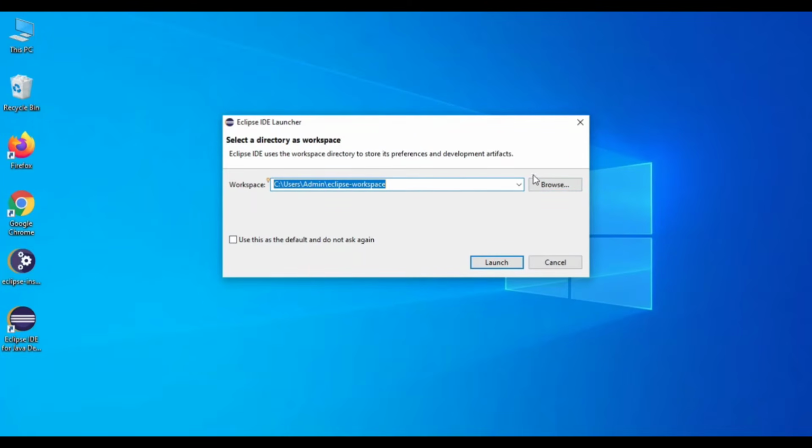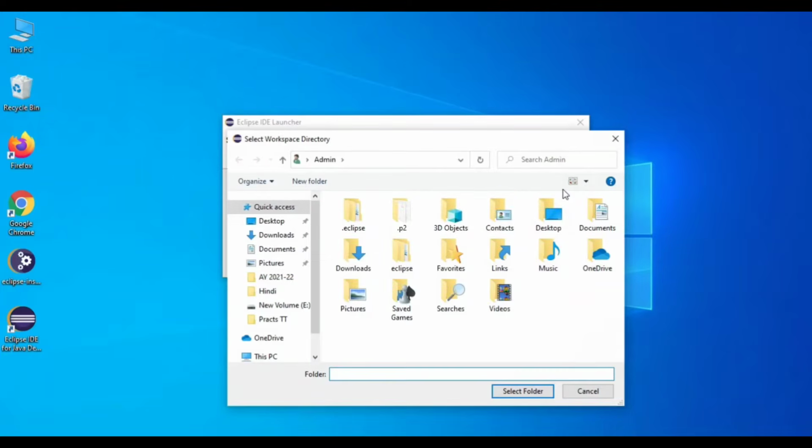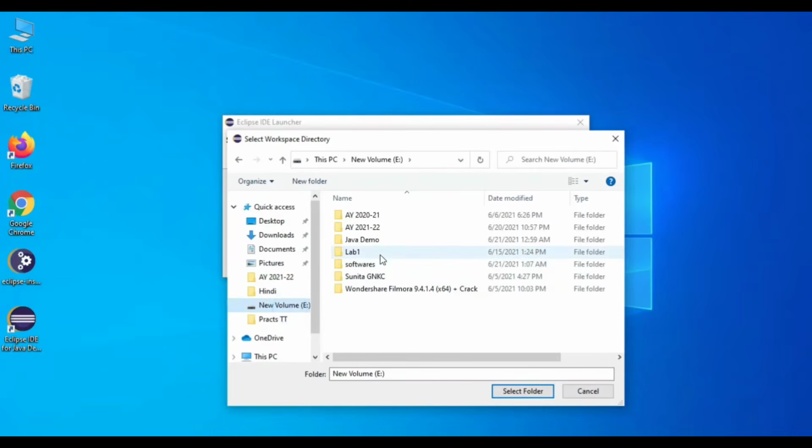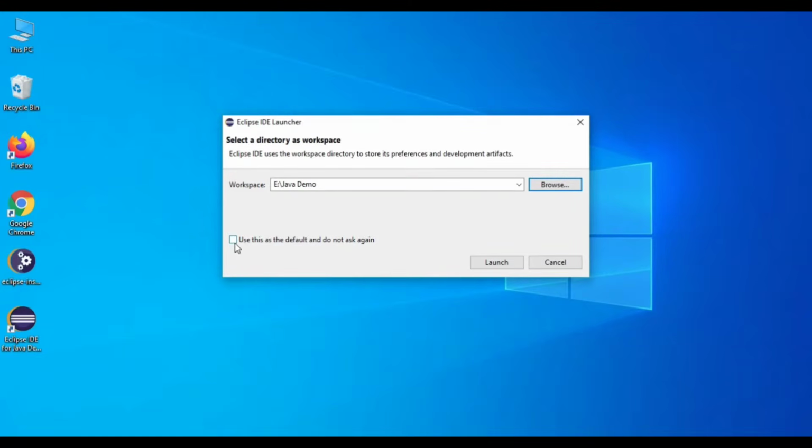I don't want to keep it in C:, so I'm taking my own folder, that is Java demo, and then I'm clicking on this check mark to use this as the default. So whatever program I'm going to create using Eclipse IDE will be stored in this folder.